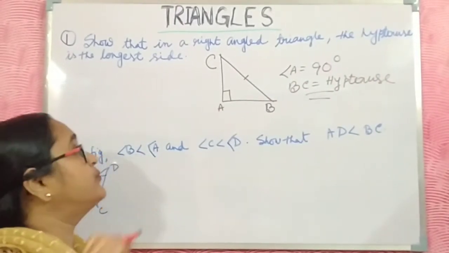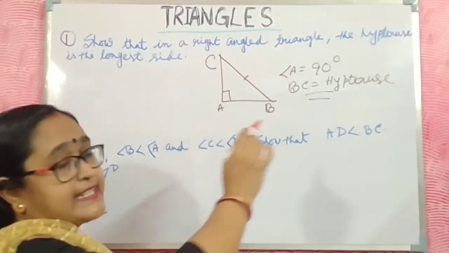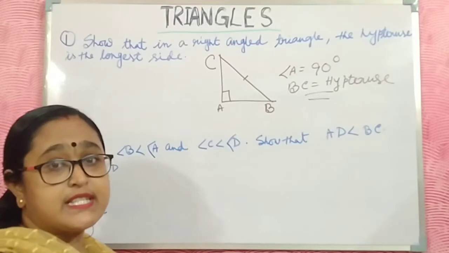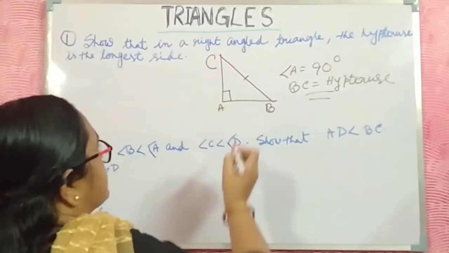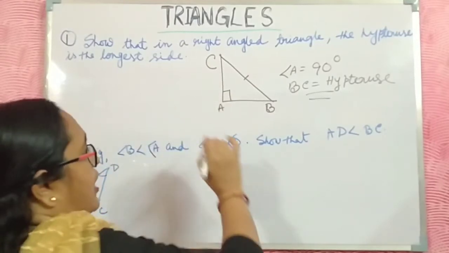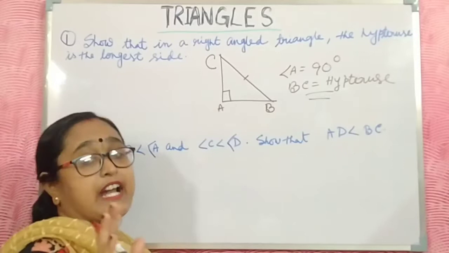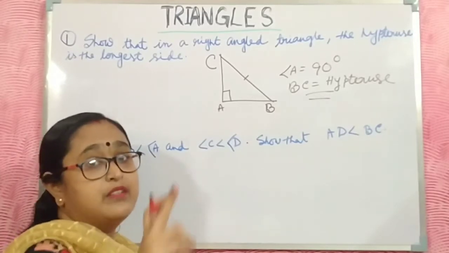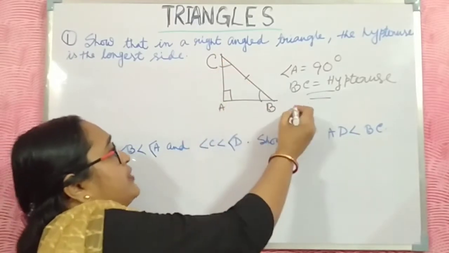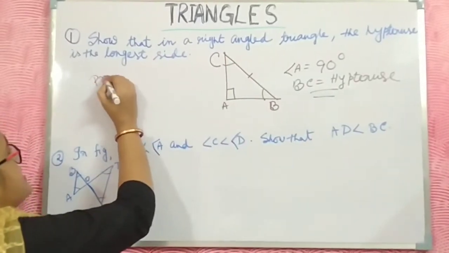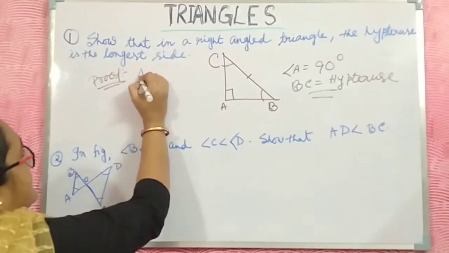Now I want to prove that the side opposite the right angle, that means the hypotenuse, is the longest side of this triangle. This is my motive to prove this maths. Okay, now all of you just listen, all the students know the addition of the three angles of a triangle is 180 degrees. That's why I will prove it from here. Now you have to write like this.